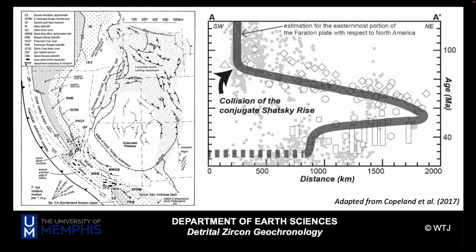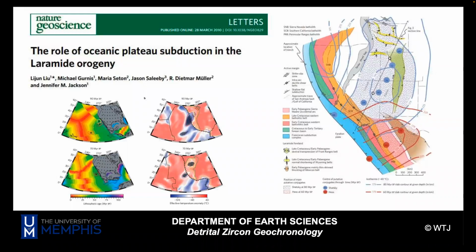But then right around 90 Ma, that trend goes inboard, northeastward towards the North American craton. And it also goes at this nice little shallow angle. And so what's proposed there is that you have this flat slab subduction that initiates with the Farallon plate under the North American plate. One of the ways to explain how we get this flat slab subduction